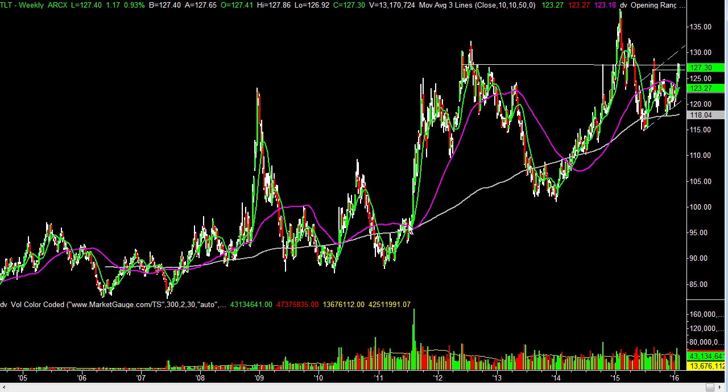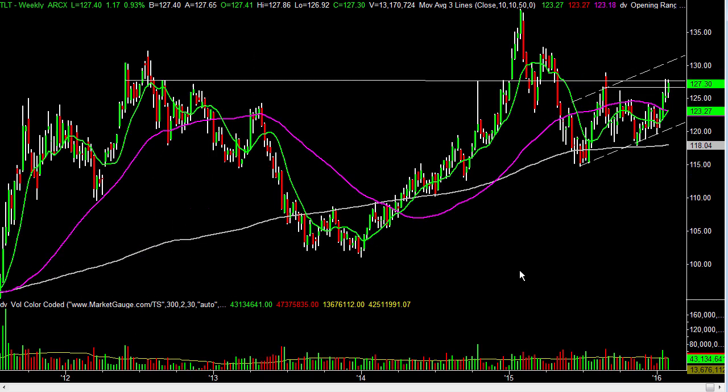So the TLTs are the longer term interest rates, 20-year bonds. They're not 30-year, but 20-year. These things are at a really critical level here. And the reason that this is important is because with the Fed just a month ago deciding to begin a process of raising rates, it has been a common perception, a common feeling that rates should have the pressure of